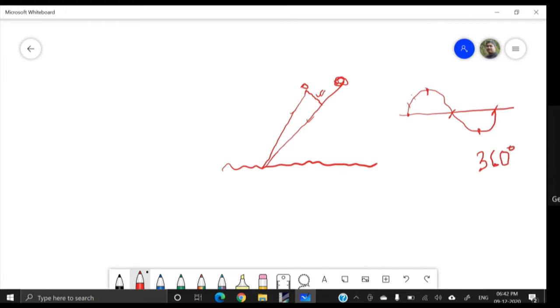We may have intermediate phases as well. Okay. And 360-degree means basically, as you know, that pi means actually 180-degree. Pi is equal to 180-degree. So 360-degree means basically 2 pi.